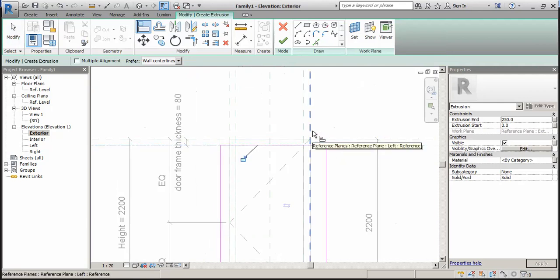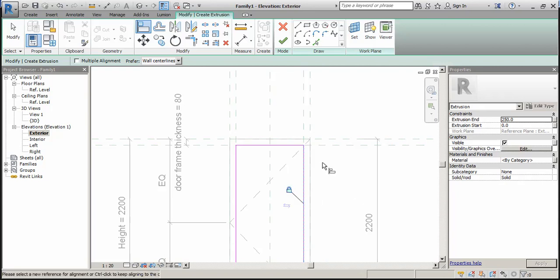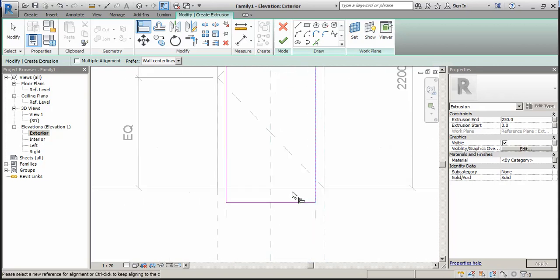This side we have to align and then lock it. Similarly here, lock this. Similarly here, lock this. Bottom also, select the reference line and this drawn line and then lock it.